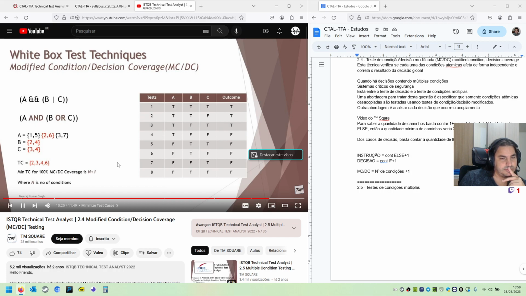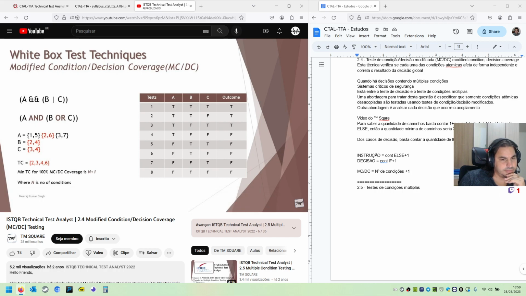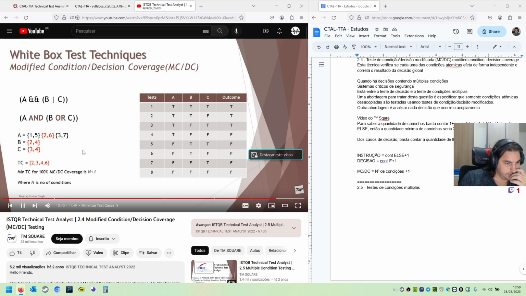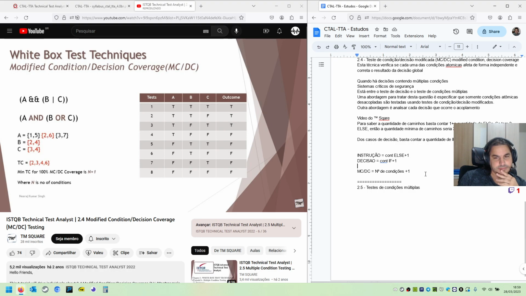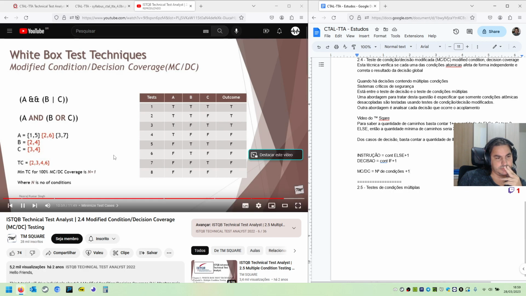each test case or 2 test cases from each scenario will be executed, and it will be covering different conditions with different outcomes, as well as giving you 100% modified condition decision coverage. And also, to add, the minimum number of test cases for 100% modified condition decision coverage is achieved by n plus 1 test cases, where n is the number of conditions, that is A, B, C. So 3 plus 1 is 4. So it's very easy for any individual to find out what would be the minimum number of test cases required for 100% MCDC coverage, but it becomes